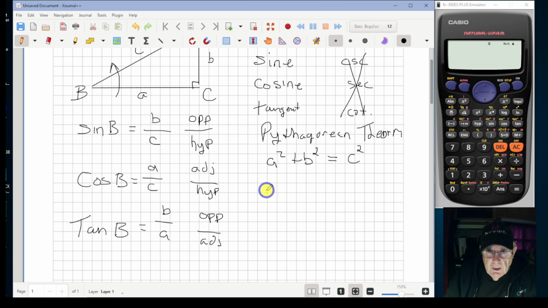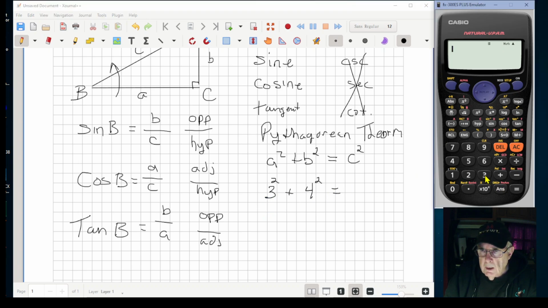If we had, let's say, this side 3 units long and this side 4 units long, I can square these two. So 3 squared plus 4 squared